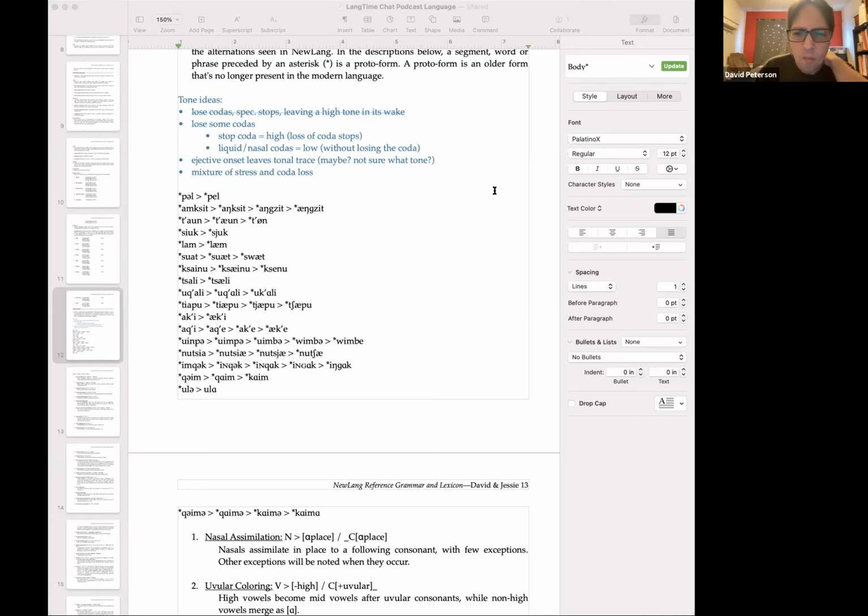Implosives and ejectives involve changes in larynx height and glottal constriction and might therefore be expected to have effects on F0. Variable creakiness, raising of a following vowel has been noted to occur with velar ejectives in Hausa. Voiceless implosives tend to raise the fundamental frequency at the beginning of a following vowel slightly more than voiced implosives do.